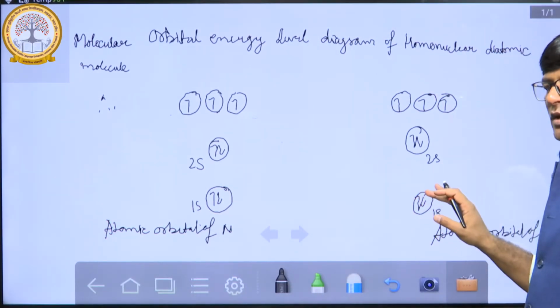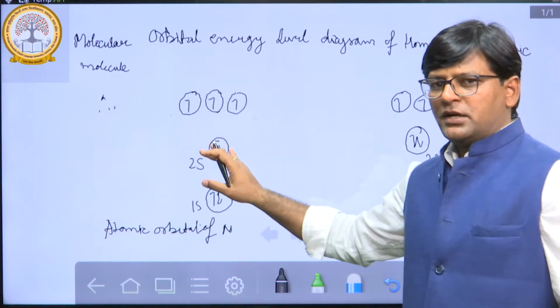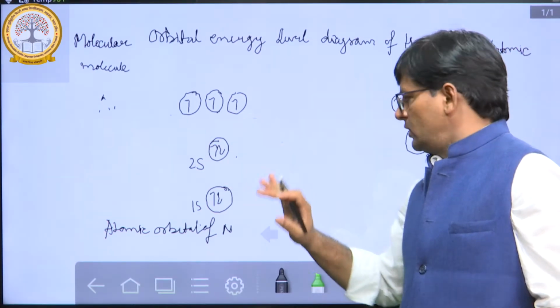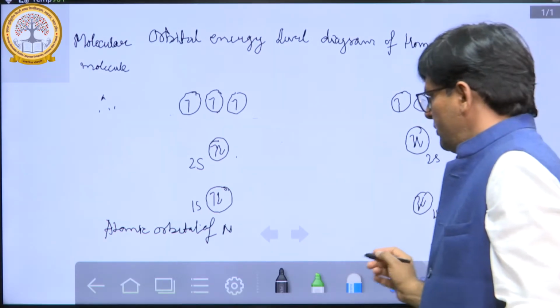This one is the atomic orbital of one nitrogen atom, and this one is the atomic orbital of another nitrogen atom. In the bonding molecular orbital, first